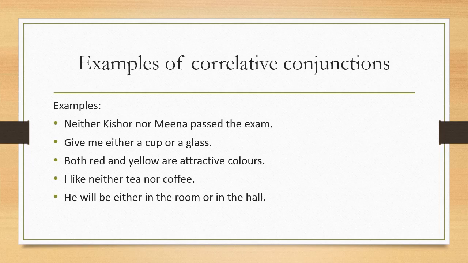They are simple conjunctions. Conjunctions that are used in pairs are called correlative conjunctions or merely correlatives, which are related to each other. Clear? Moving next, one more example: Manu can speak not only English but also French. I had told you not only but also. So that is one more example of correlative conjunctions.